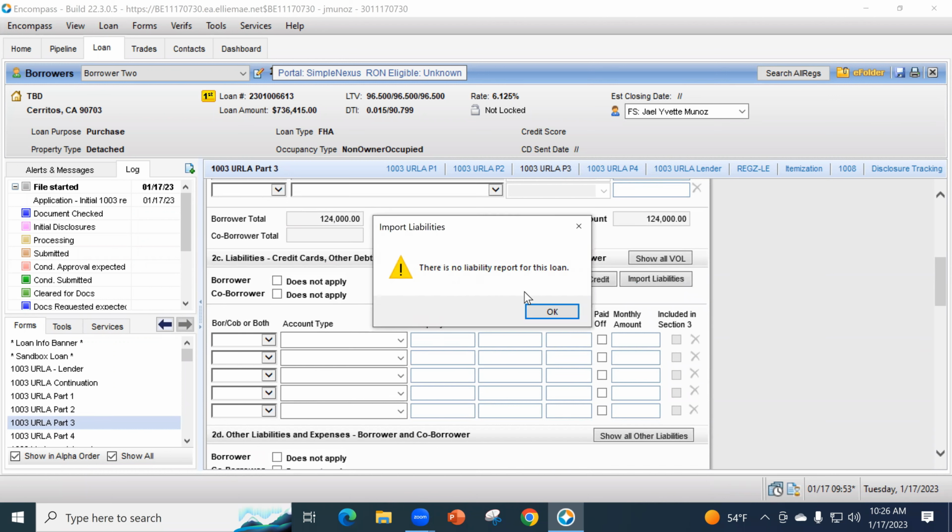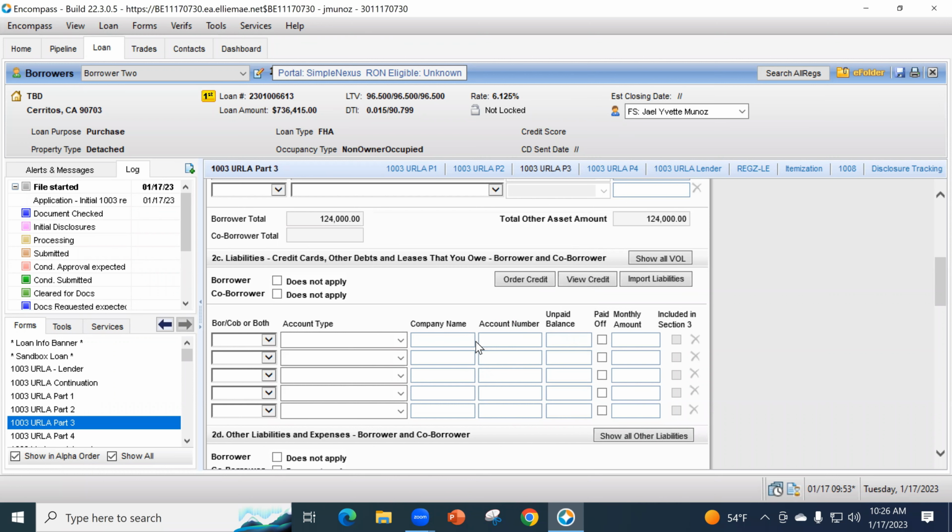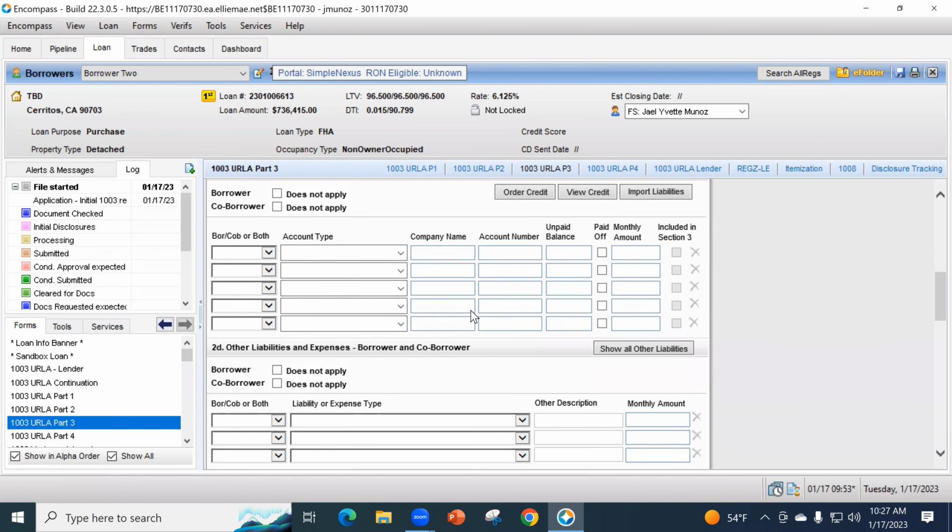It will only check mark the liabilities with balances on them, or collections, or anything else that might have a deferred payment, like student loans or anything like that. And we're going to hit OK on that. But once we hit OK to import, it'll automatically import all of your liabilities. Let's say, for instance, your borrower, you notice when you were doing this, it said County of